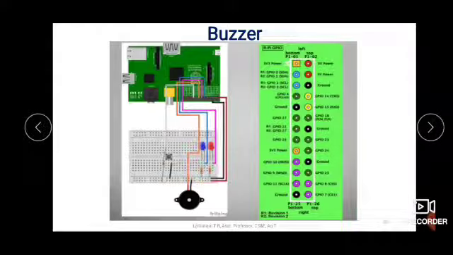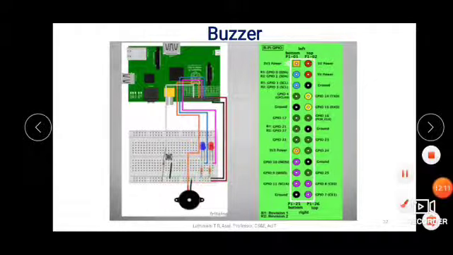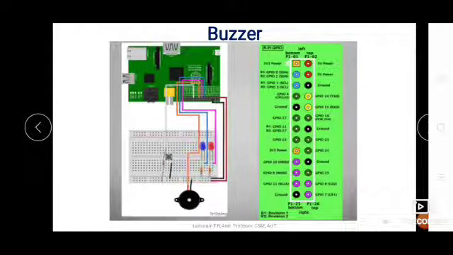The next experiment is connecting the buzzer. Here you can see the buzzer is connected to the Raspberry Pi, to pin number 22 of the Raspberry Pi.